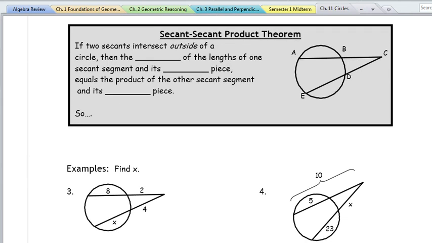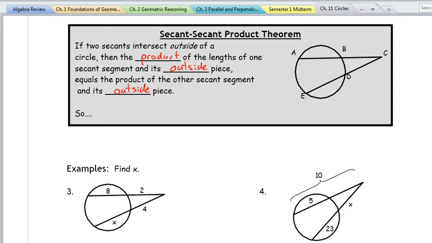Your secant-secant product theorem. So this kind of looks like the angles where we had those arcs that were being intercepted. If two secants intersect outside of a circle, then the product of the lengths of one secant segment and its outside piece equals the product of the other secant segment and its outside piece. What I mean by that